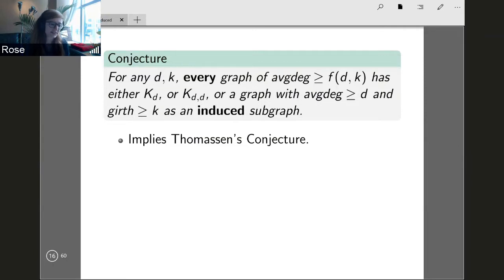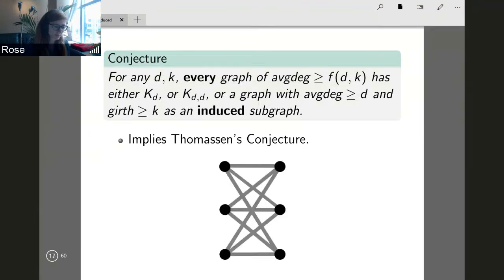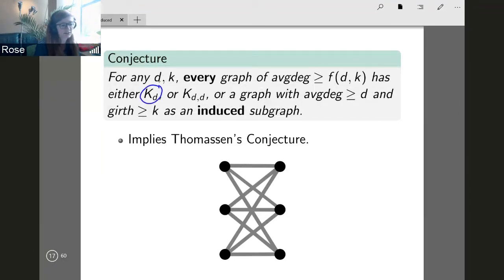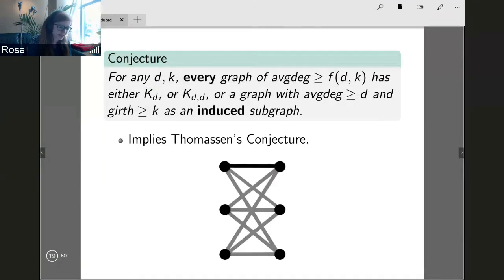And the reason is that construction that we went through at the very beginning of the talk. I said that that works for regular graphs. And so in particular, if you start with K_{d,d}, then that construction will work. Actually, first of all, every d-vertex graph is a subgraph of K_d, and so K_d helps us a lot. But since K_{d,d} is regular, we can also find subgraphs of large girth and large average degree in K_{d,d} by, again, just including each edge independently at random, and then deleting one edge from each short cycle.